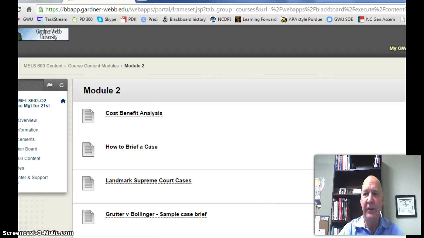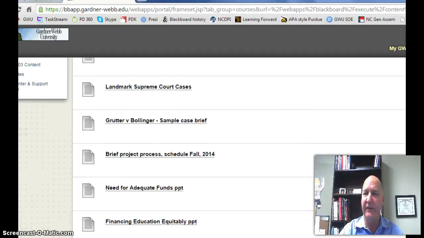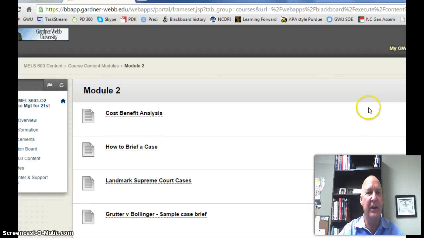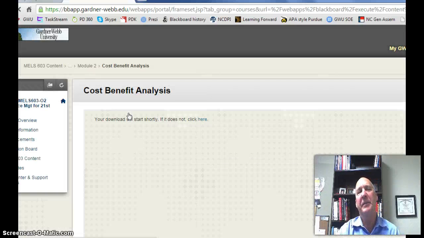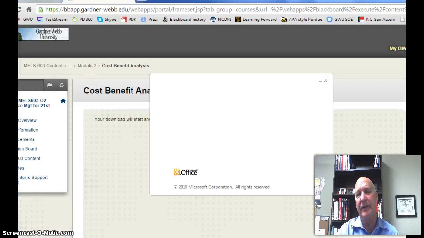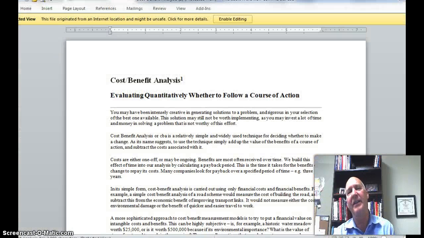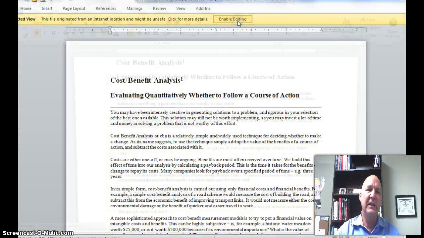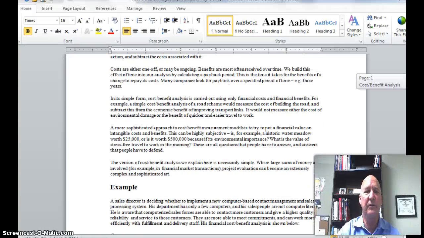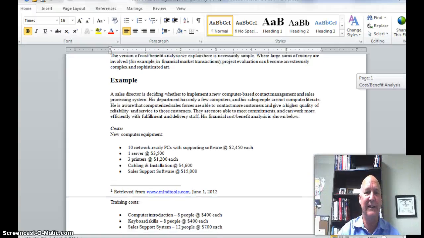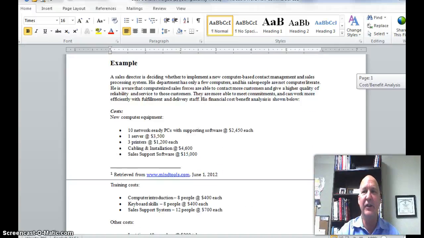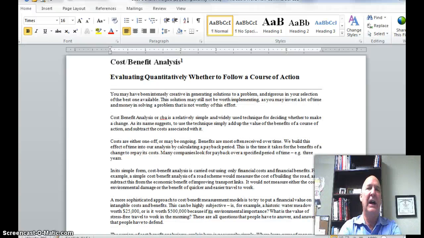There are 2 PowerPoints here that align with two of the several chapters that you're assigned to read this week. The cost-benefit analysis is another 2-page handout that I think may bring the notion of school finance down to a level that you can perhaps understand and apply when it comes to your leadership of a school.